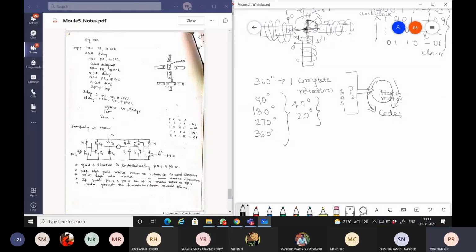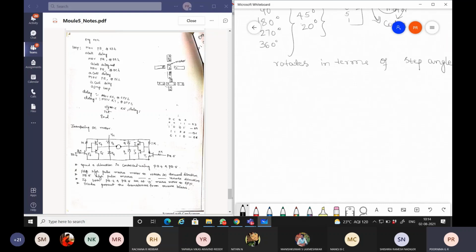This is possible since the stepper motor rotates in terms of step angle. Hence this stepper motor is able to rotate any required angle of degree within 360 degree rotation.